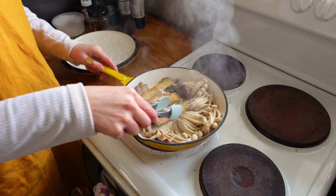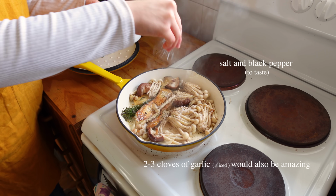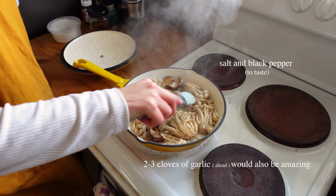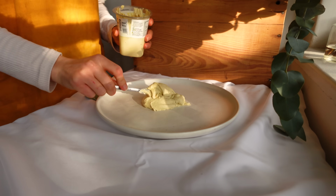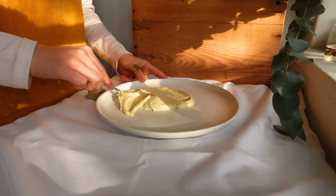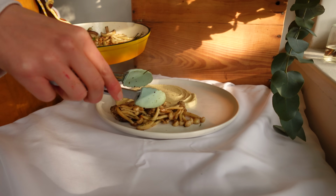I would recommend doing a variety of mushrooms for this recipe instead of just one, because it makes you feel like a little fairy forest nymph just eating foraged mushrooms that you bought from the grocery store, you know what I mean? After they got a nice brown on them and I seasoned them well with salt and a lot of pepper,